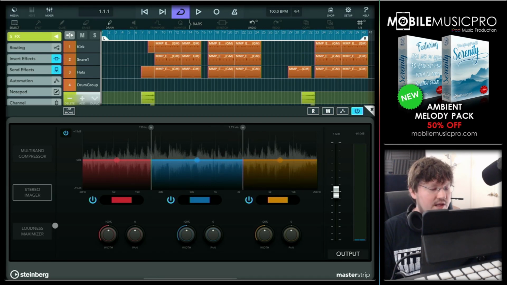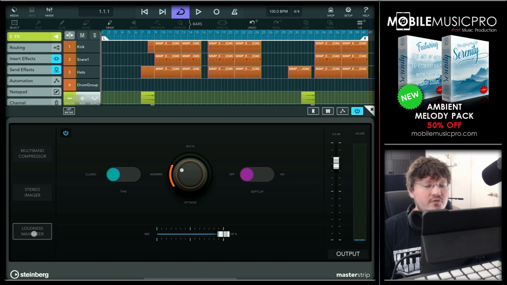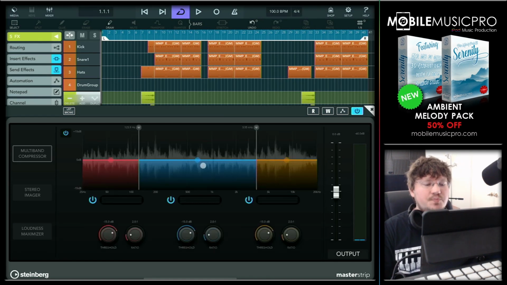And finally, we have the Loudness Maximiser, and this is going to allow you to provide extra volume and extra oomph to your track so that it can be competitive alongside the rest of the songs in the marketplace. So three really great tools to help you master your track,